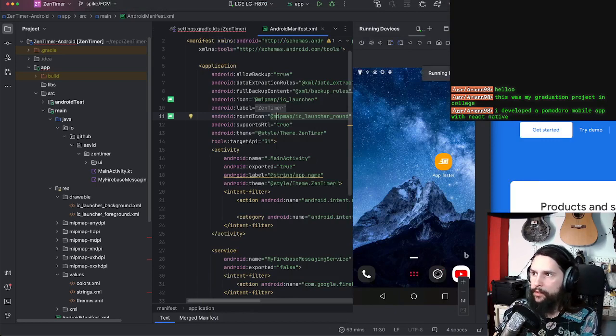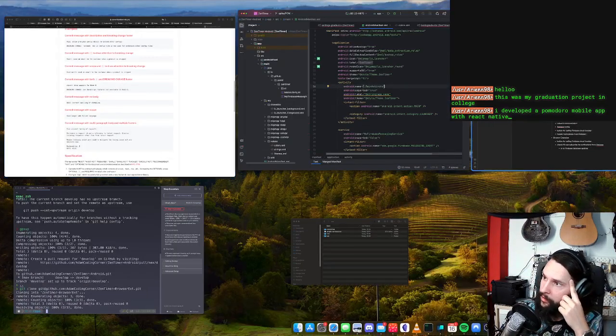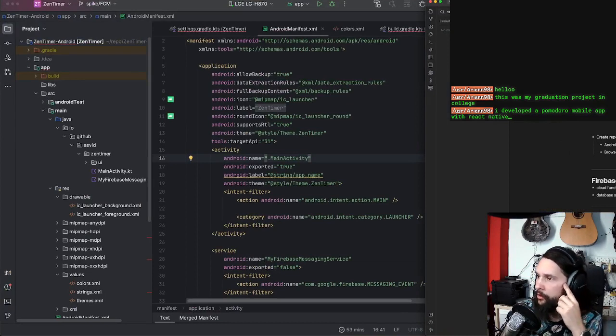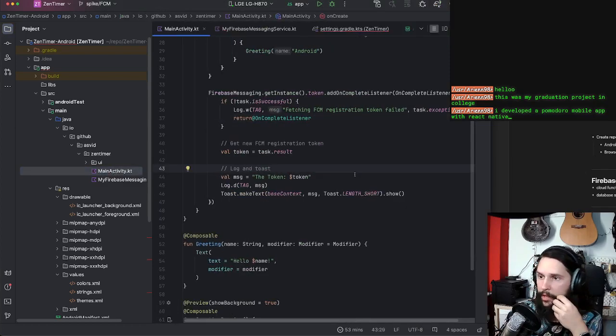What's next? Because we have FCM working. I can send a message, but it's not really interesting. What I should do now is add network communication to the app. If I'm in the app, maybe I'll just finish it off. Add a button, handle notifications from Firebase. That's it. Network communication. For network communication, I will go easily with Retrofit and OkHttp, or I can go